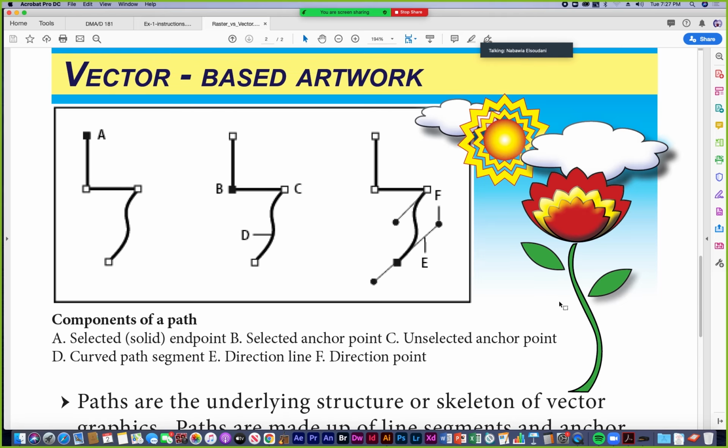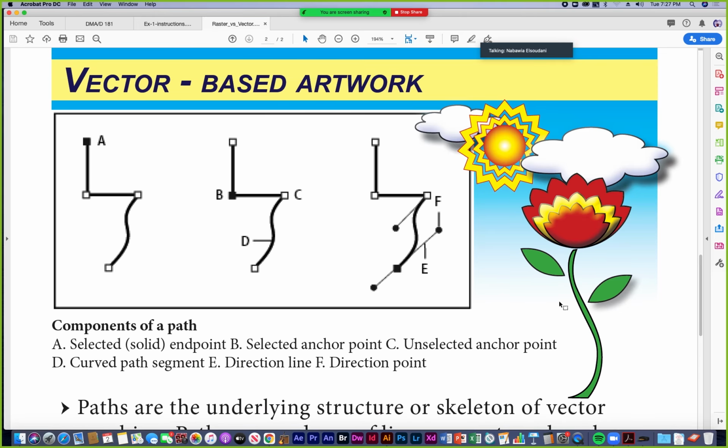And then let's say the business gets huge and wants their logo blown up billboard size for their billboard. Well, if you design their logo in vectors, no problem. You can blow that baby up, and every shape, every line is going to be crisp and clean and precise